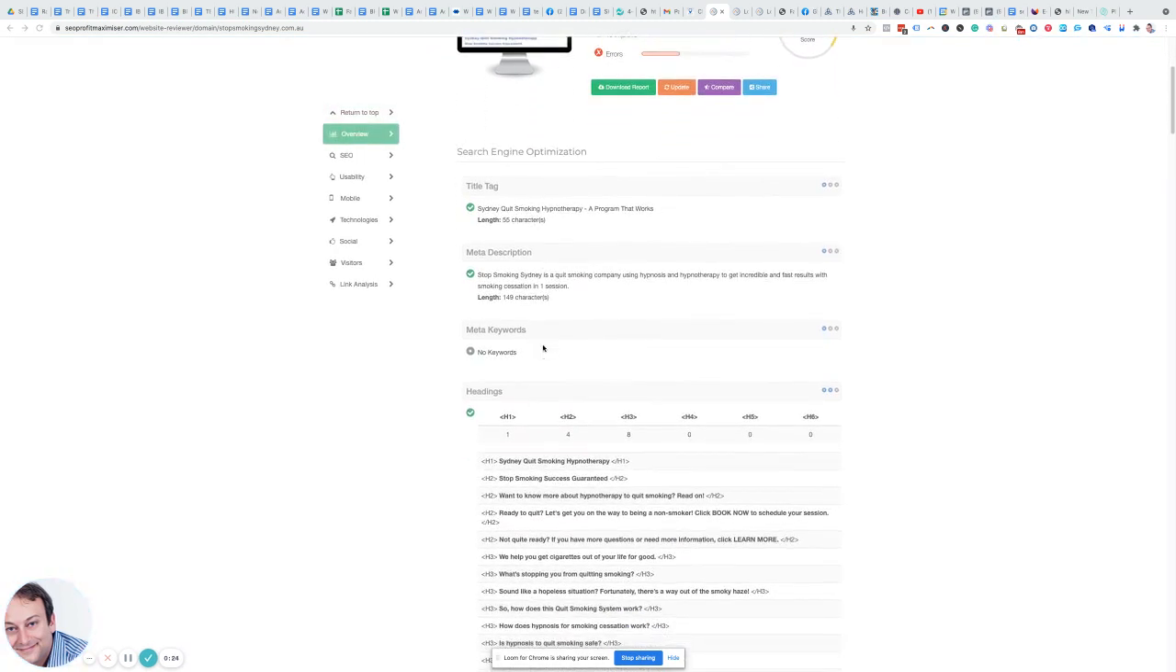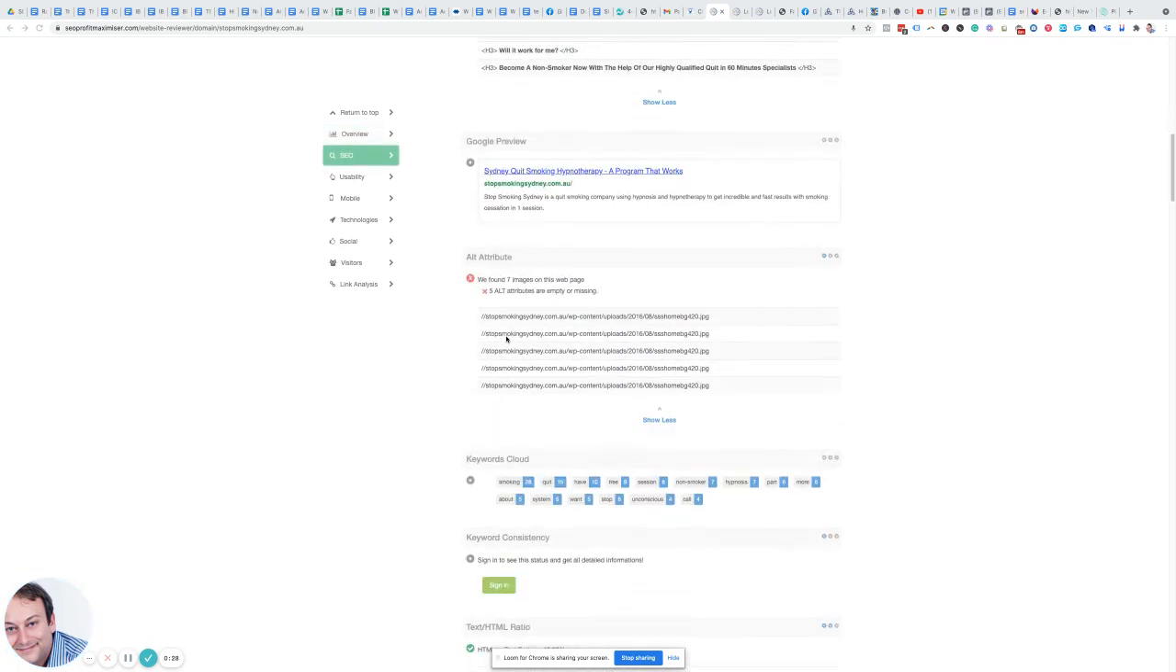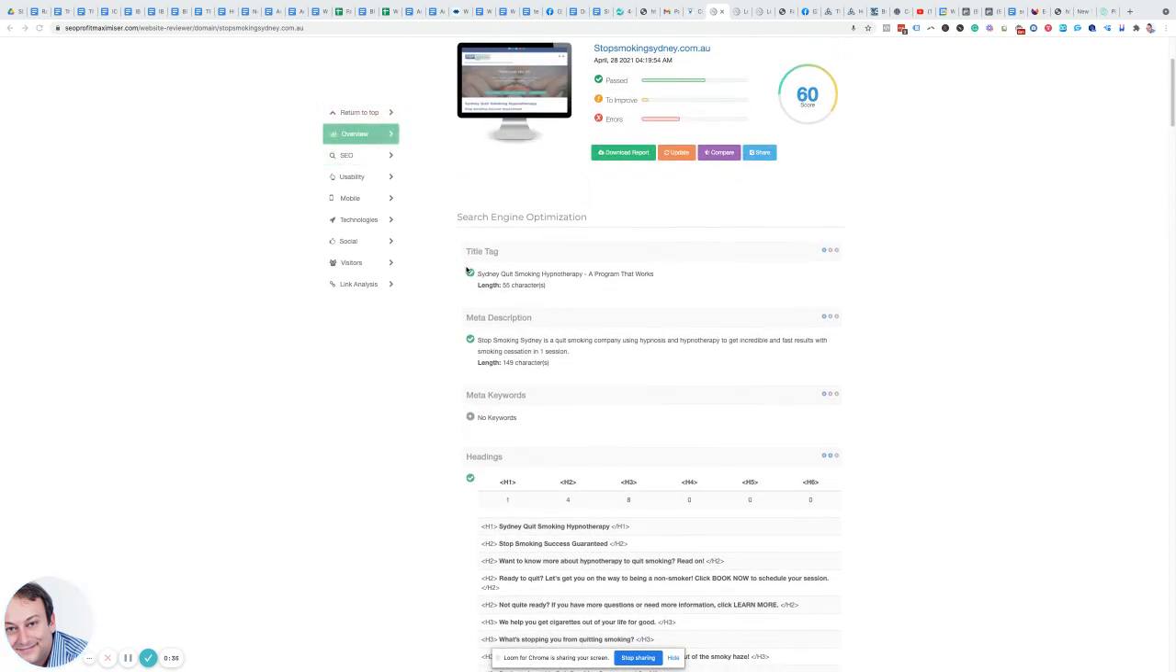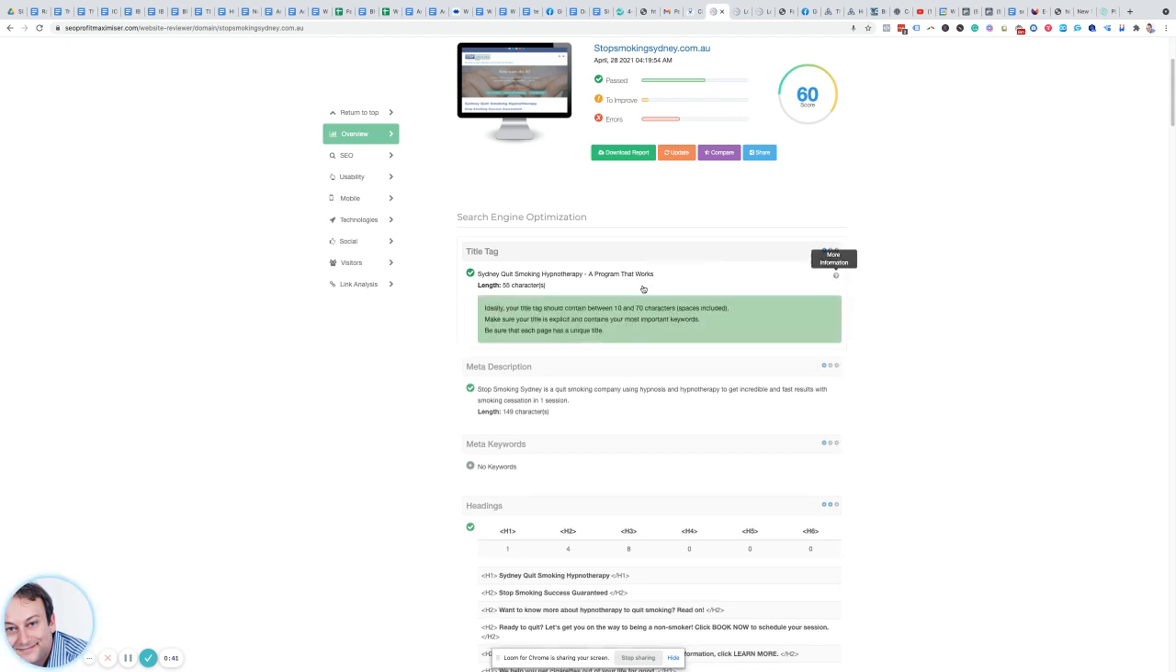When you're going through, you're going to see different sections. So we've got search engine optimization, we've got the Google preview, alt attribute. What we want to see is we want to see these green check marks here. Now I can click on any one of these right here, and over here there's a little button that says more information, and then that's going to give you a description of what that particular